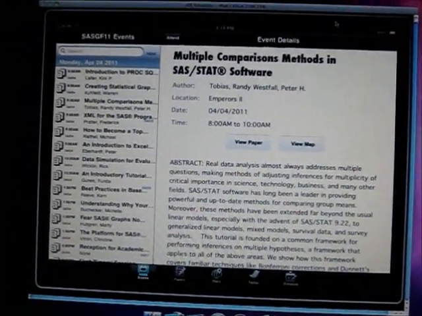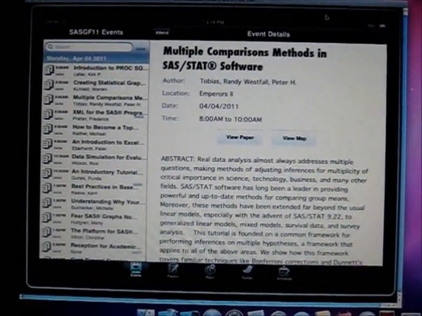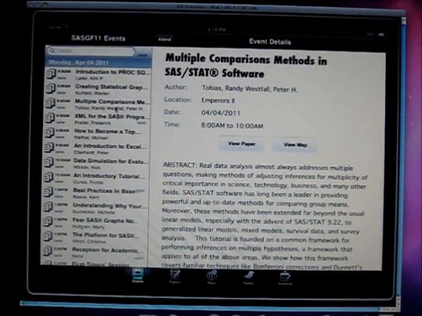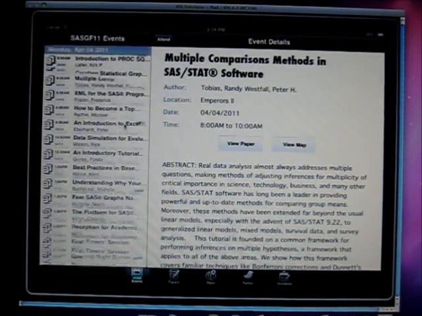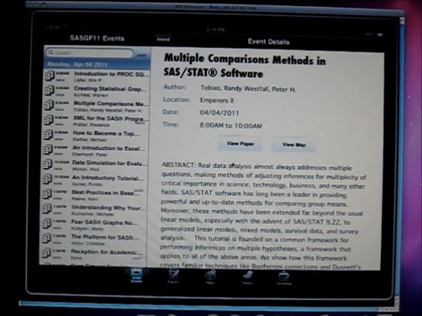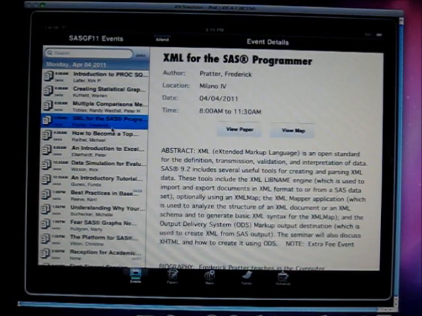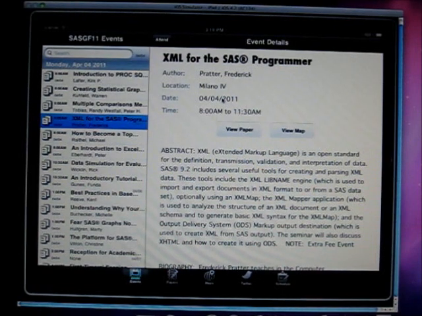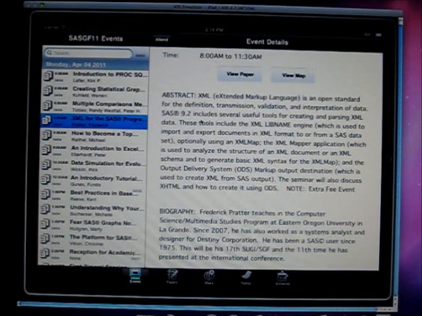In this case, you have the advantage of two screens. If you're familiar with iPhone apps, you see that on the left side it looks like the iPhone. It lists, in this case, all the papers and events that are going to happen, along with the detailed information on the right. If I were to tap on any of the items here on the left, it shows me that there will be events happening, presentations, along with the abstract and the biography of that author as well